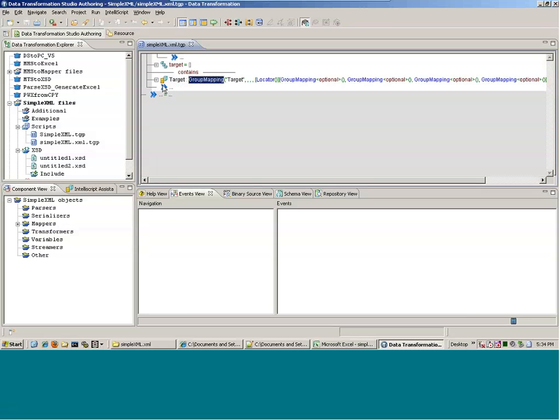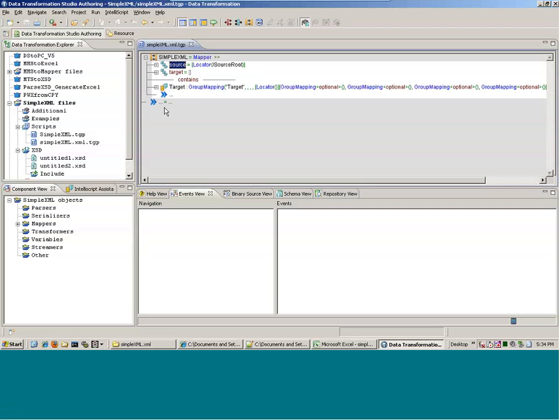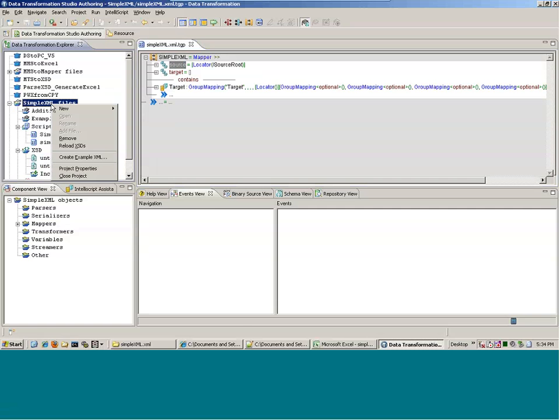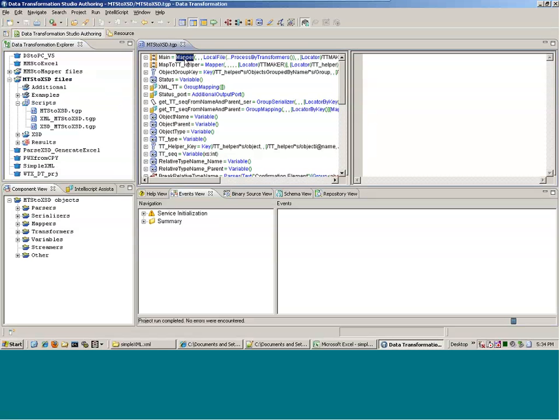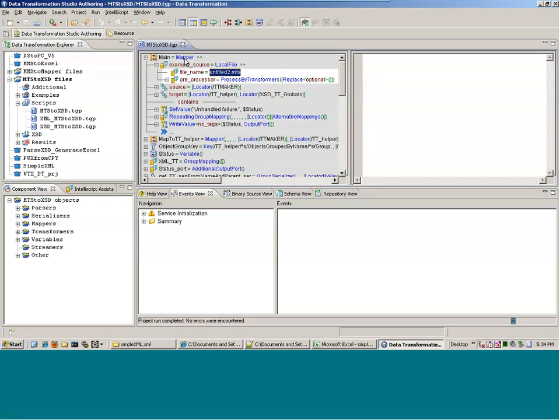Let's see one more scenario which could be more complex. And in this case, I'm assuming that I don't have the XSDs corresponding to the source and or target. We have another process that can take the other metadata file, which is the MTS file,